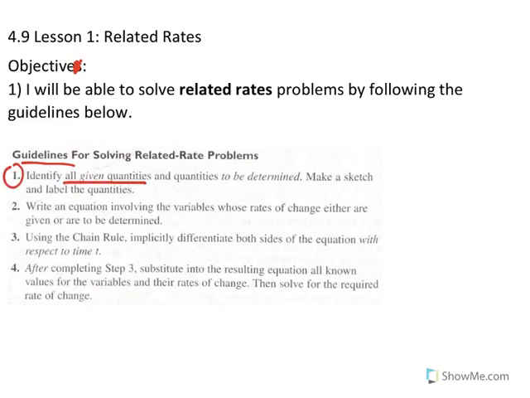1. Identify all given quantities and quantities to be determined. So in a problem, not just related rates problems, but any math problem, you have some given information. So what do we know? And what do we want to find? Make a sketch and label the quantities. So these are things that will help you understand what these problems are asking you to do and do them